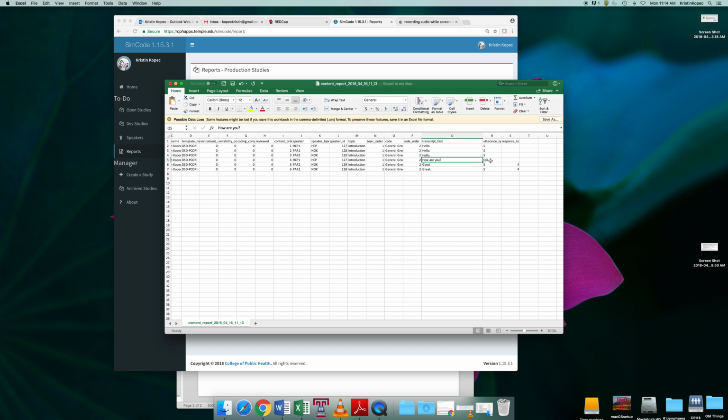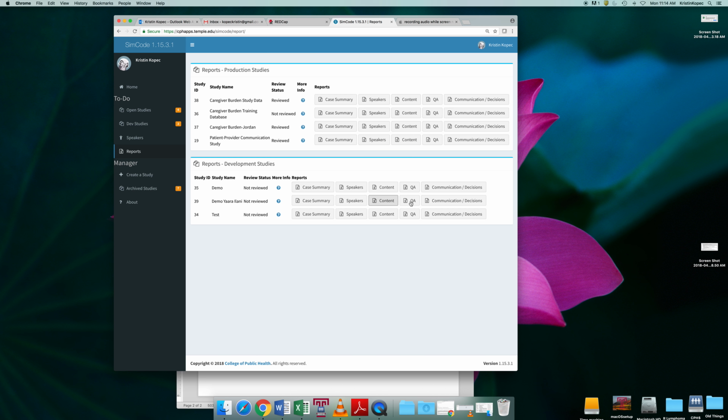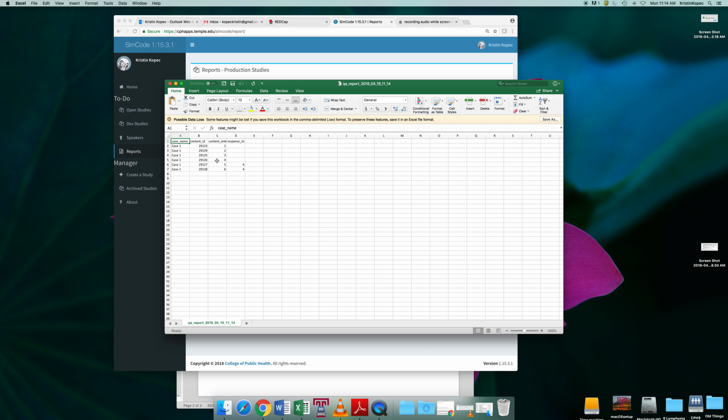So we have how are you as a question, good and great as statements, as a response to line 4, this how are you question. This is where you would really be able to look at question and responses, although that comes in more detail in our next one, which exports strictly your questions and responses. So it had to export in